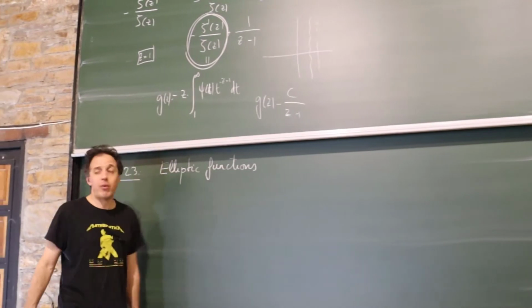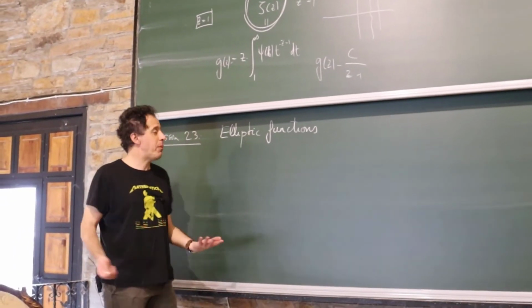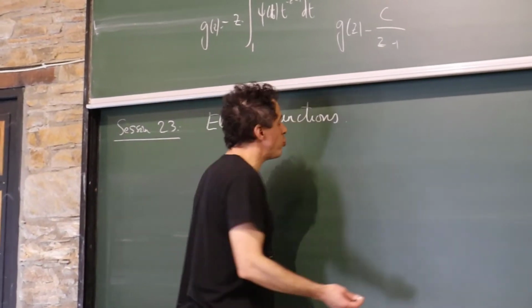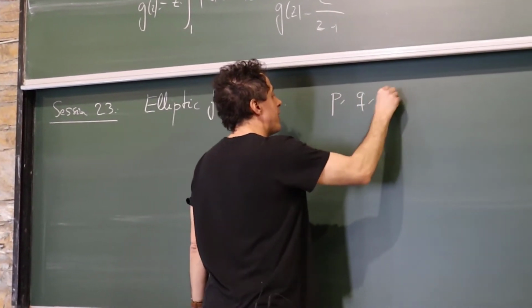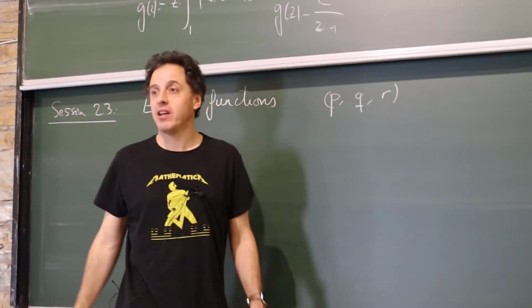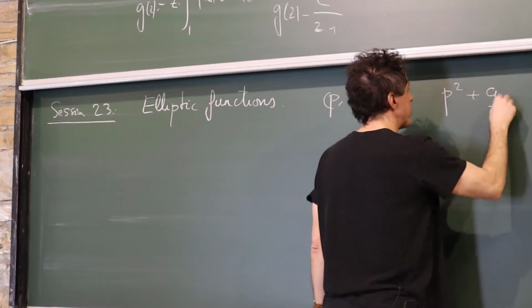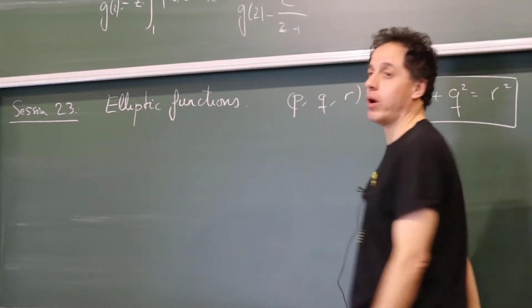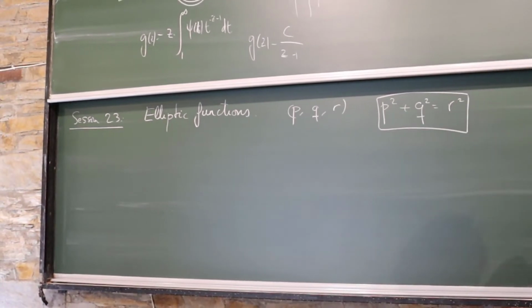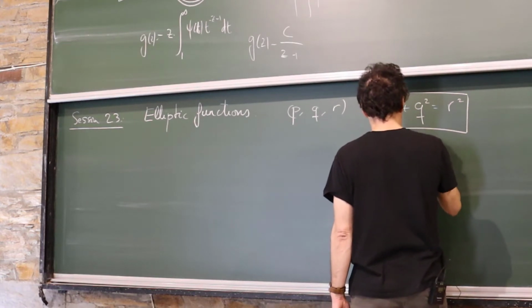Let's motivate with something. For instance, everyone knows about Pythagorean triples. What is a Pythagorean triple? A Pythagorean triple would be a triple of natural numbers such that p squared plus q squared is equal to r squared. Everyone knows that there are many of them. For instance, the most well-known one is